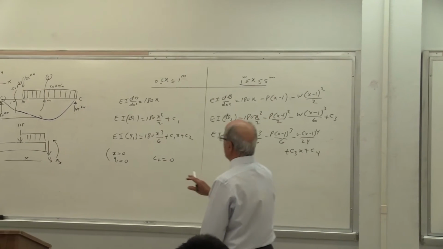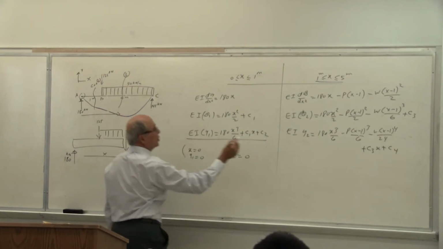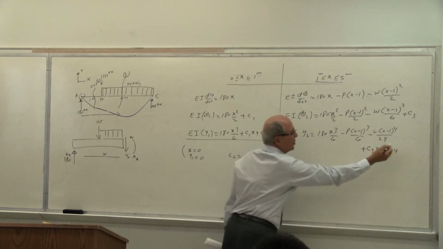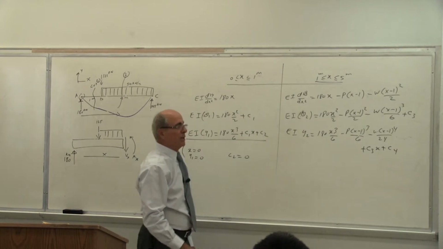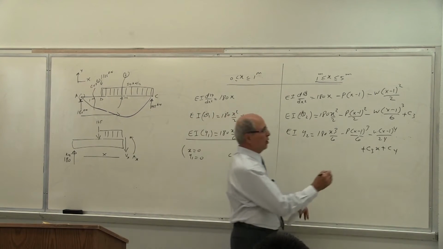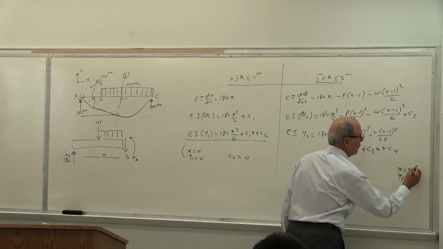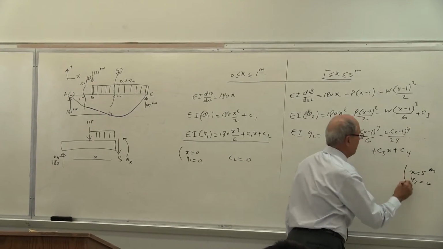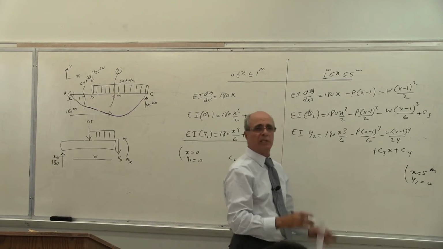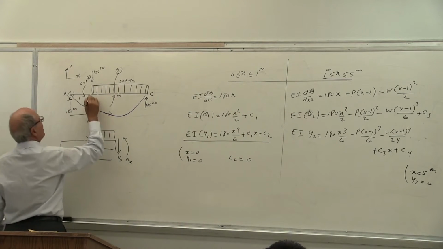Anyhow, X equal to 0 applies to this line. This is the black line. This is the Y. This is the purple line. Yes or no? So this is equal to 0. Then what else do we have here? At X equal to 5, Y2 equal to 0, which applies to this one. Yes or no? Let's use that last. But what is important here, this is what the lecture was all about.